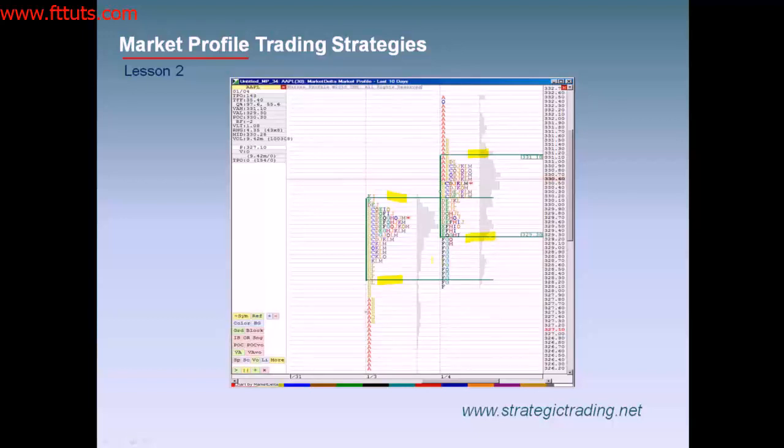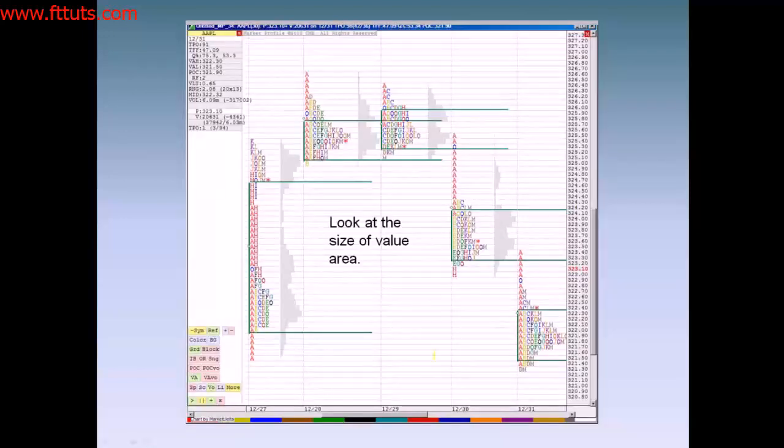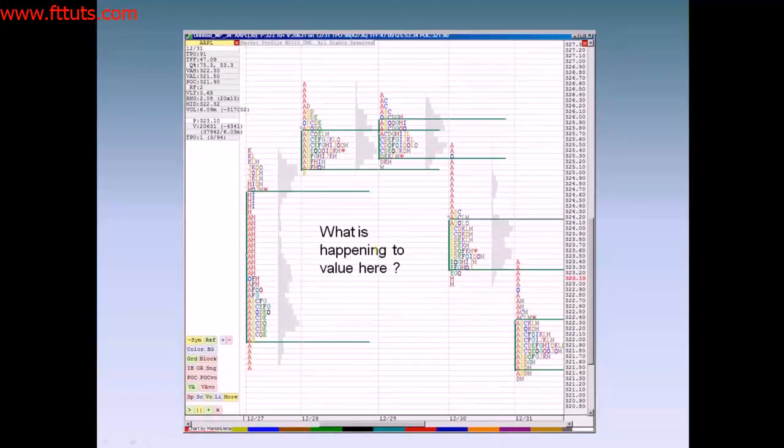Now I want you to see how each of these value areas are really quite different in shape and look from one another. That's all I want you to know at this point, that not all value areas look the same. Now here, look at the size of these different value areas. We're going to spend a lot of time together talking about value areas and interpreting what these mean and what is happening to value here. It really should not be difficult for you to see value is dropping on this chart. All right,